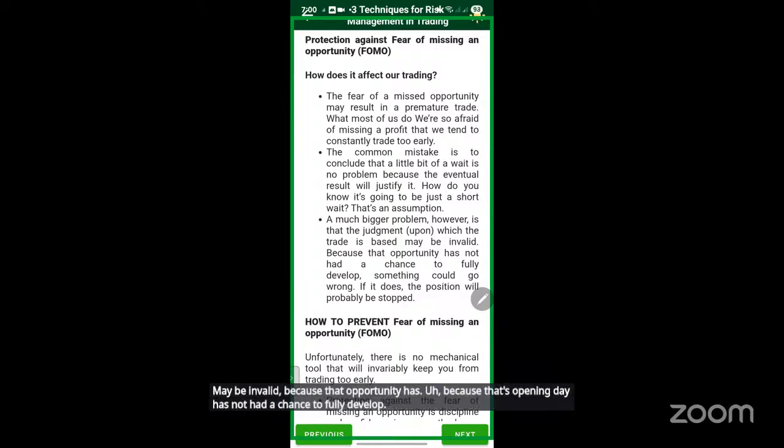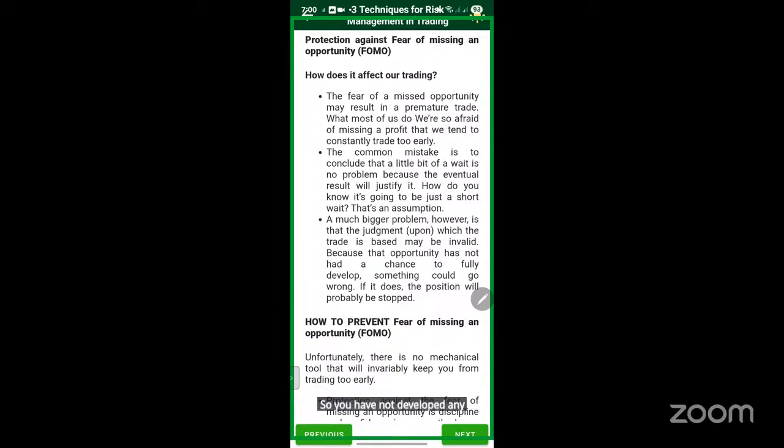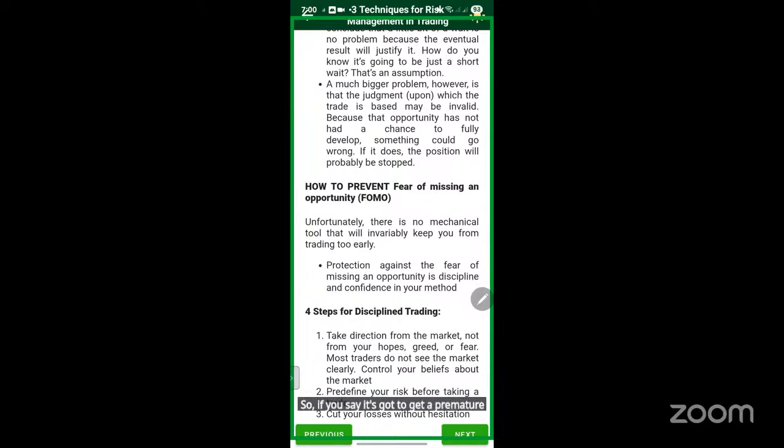So you have not developed any stronger judgment for you to validate this trade. So if you say it's going to be a premature trade, you are going to take a trade without clear confirmation because